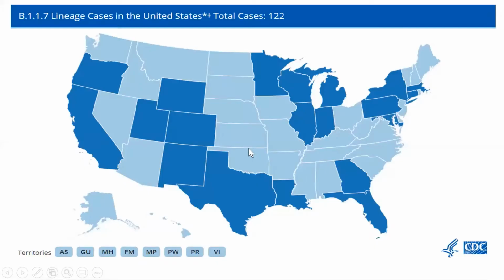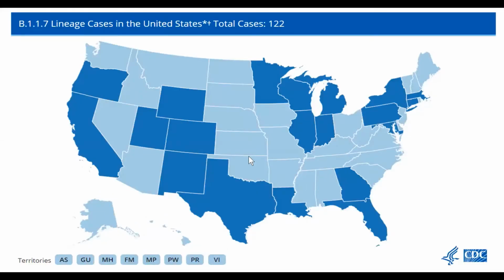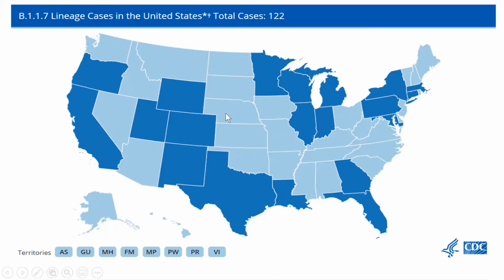And I'll run through, I've got a CDC, again, all the links are in the document, but the CDC has identified 3 main variants. B117 is the one that cropped up in the United Kingdom, and this one is the one that has reached the US. This map you see in front of you, if it's light blue, there are 0 cases of B117 having been reported. If it is a darker blue, that is 1 or more cases. The state with the most cases is California. Texas has a few, Florida has a few now.